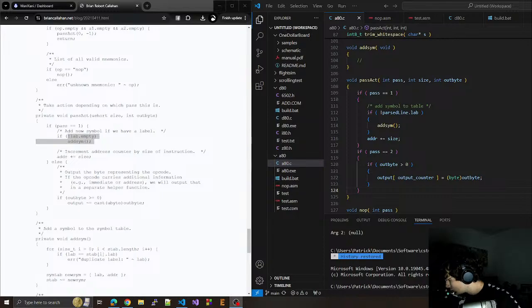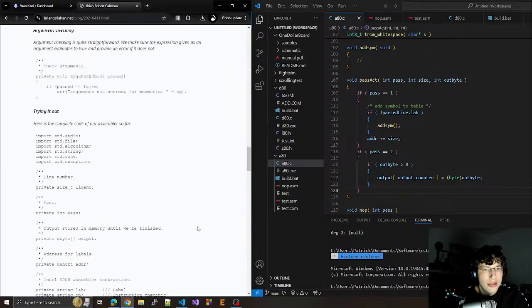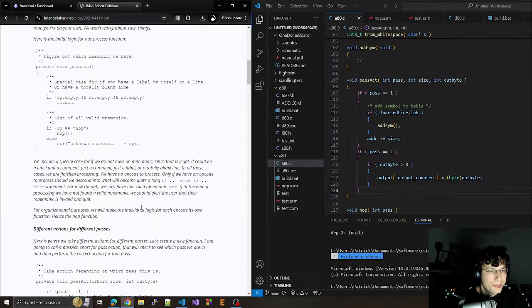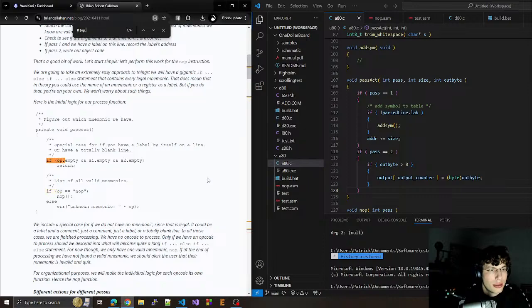What is going on? That's strange. Let's look. So if op.empty